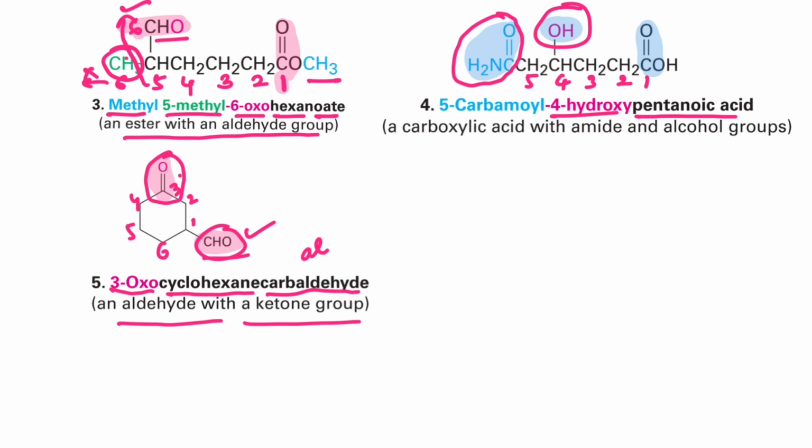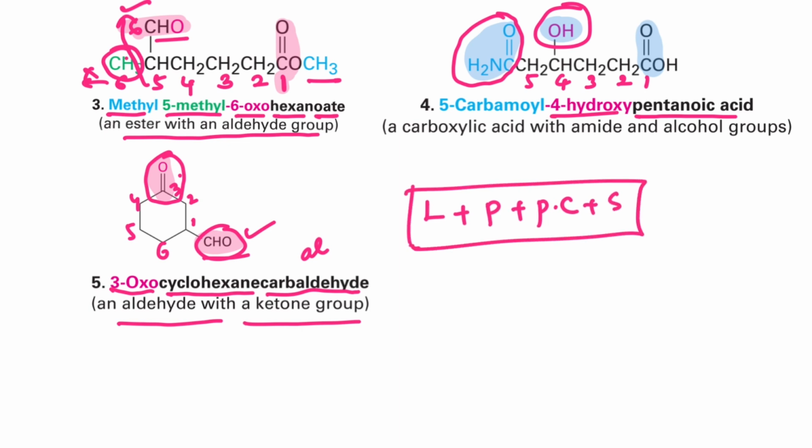Always don't forget how to write the name: locant plus prefix plus parent carbon chain plus suffix. This is the order to write the IUPAC name of a given organic compound. First always the locant and the prefix, then the parent carbon chain, then the suffix. Next,